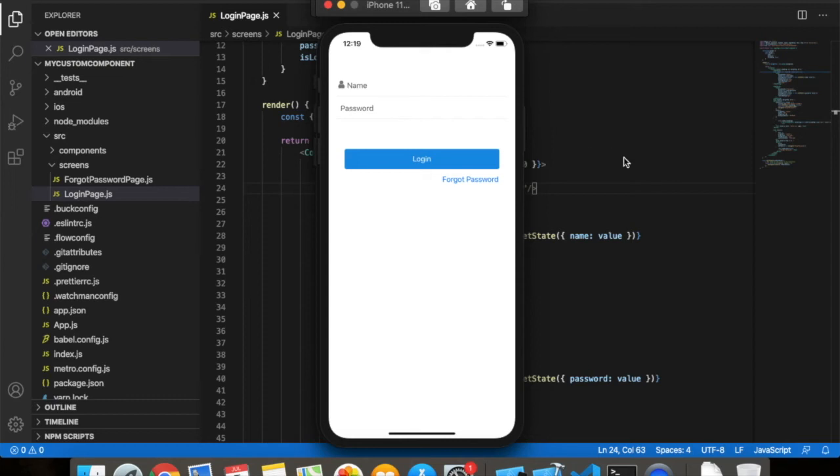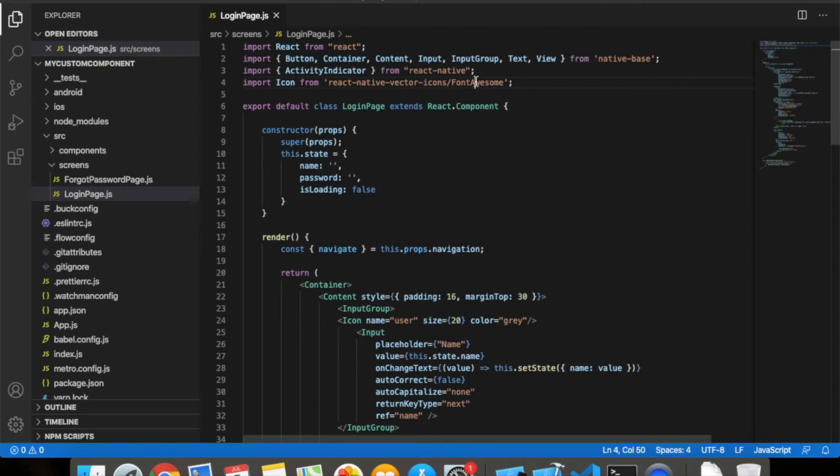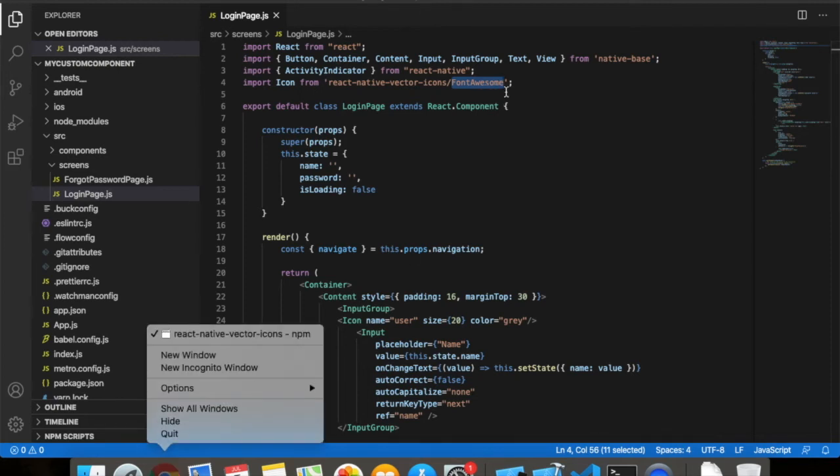In a similar way, I will be adding one icon for my password. But suppose you want to add an icon which is not from the same font family, if it belongs to some different font family, then how are you going to do that? Suppose I want to add my password icon from a font family named Font Awesome 5.